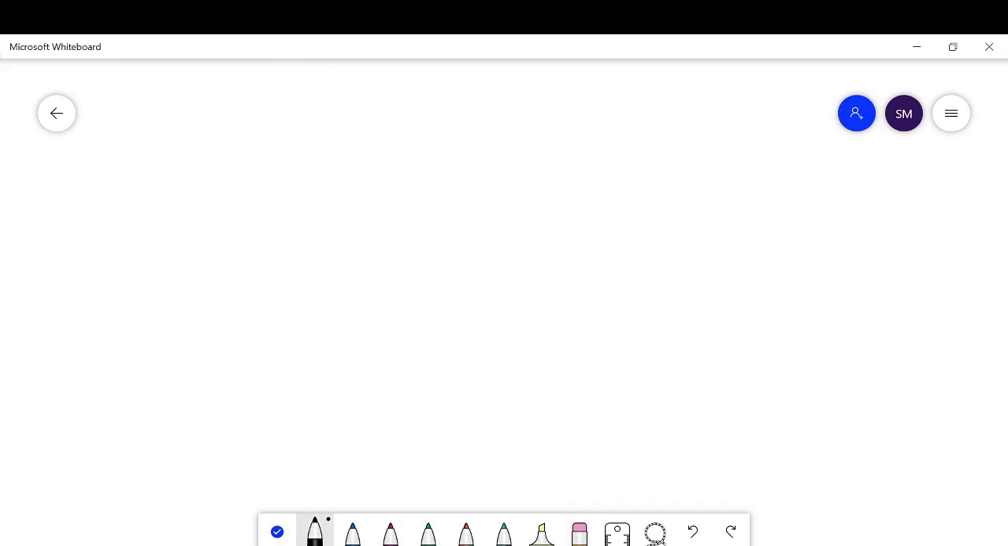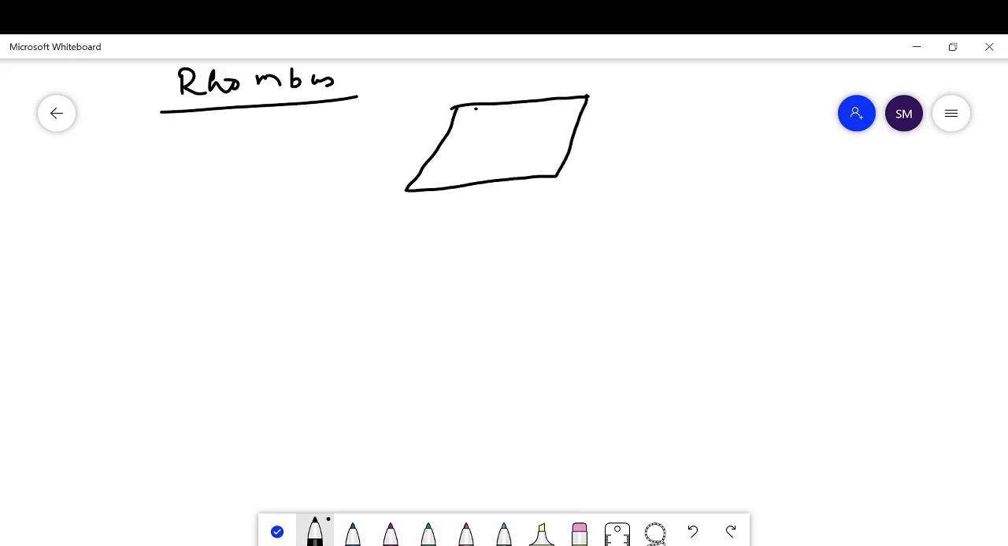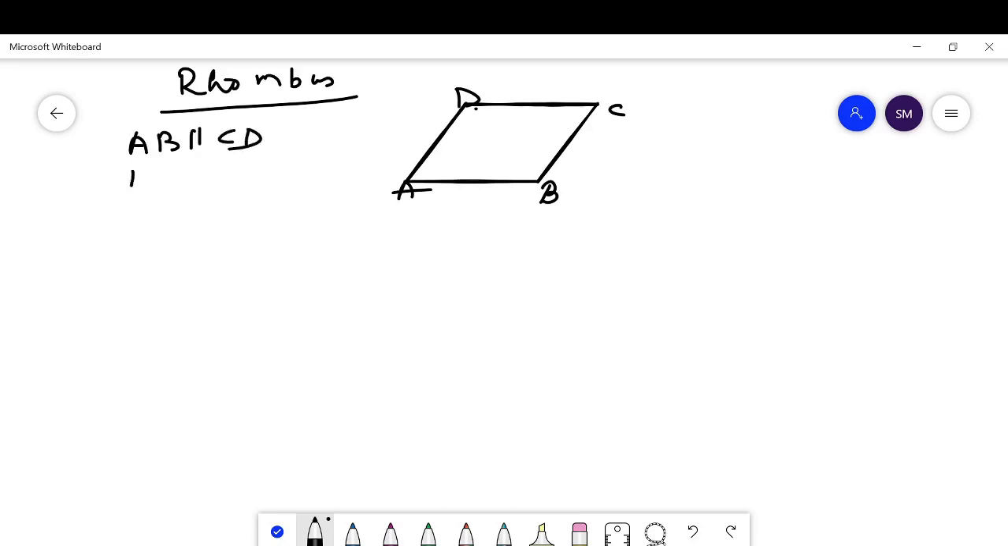Then next, what is a rhombus? A rhombus is a type of parallelogram in which all four sides are of equal length. Suppose ABCD is a rhombus where AB is parallel to CD and BC is parallel to AD, and